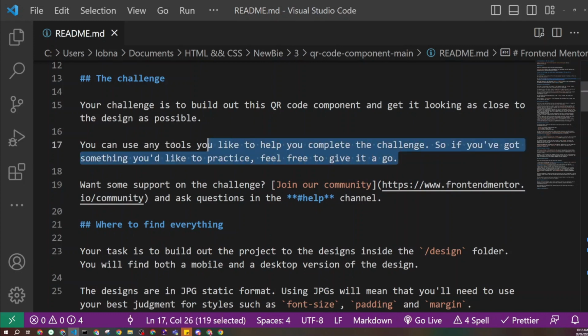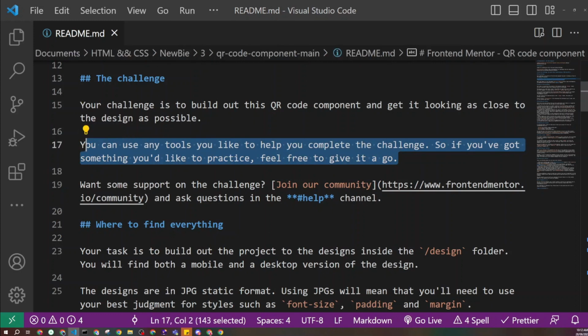And the reason why they write that is, for you as a beginner, of course you're just learning HTML, CSS, because that's the basics. But maybe experienced developers want to practice other libraries, which are third-party libraries, like React or Vue or something like that. So they may want to build this component using those tools. Okay, but for us today as beginners, we'll be just using HTML and